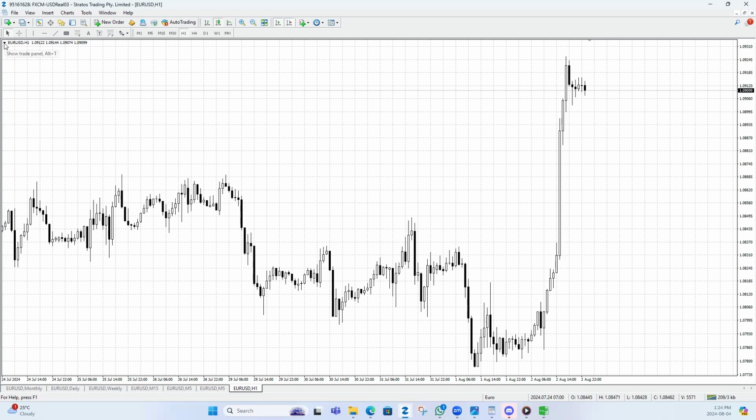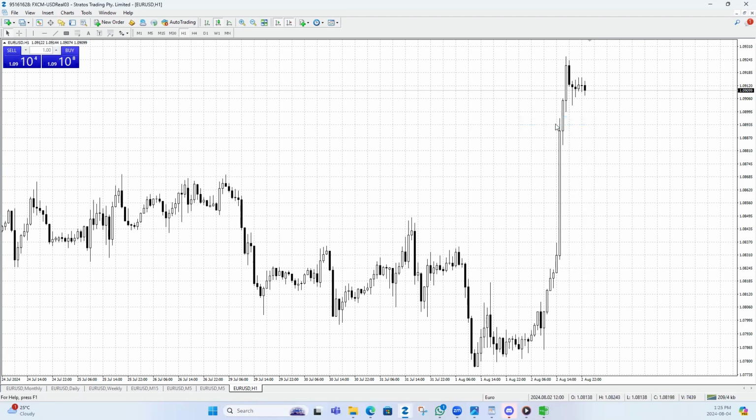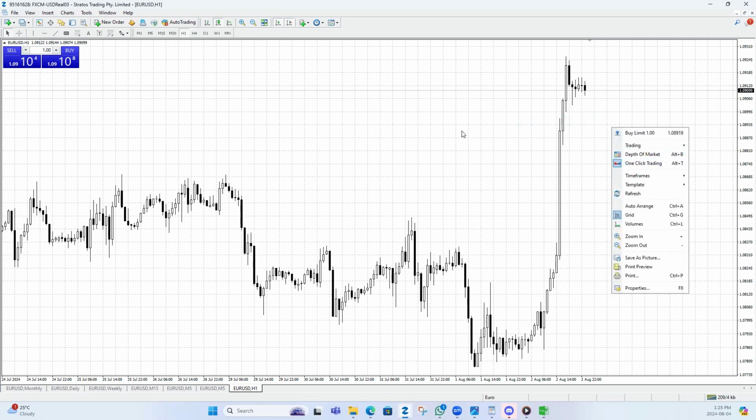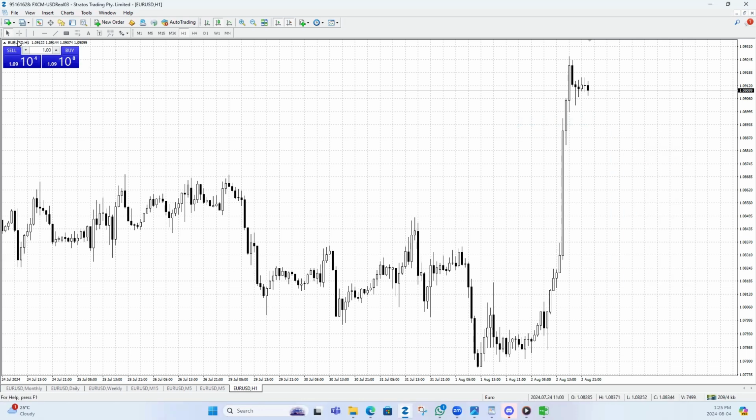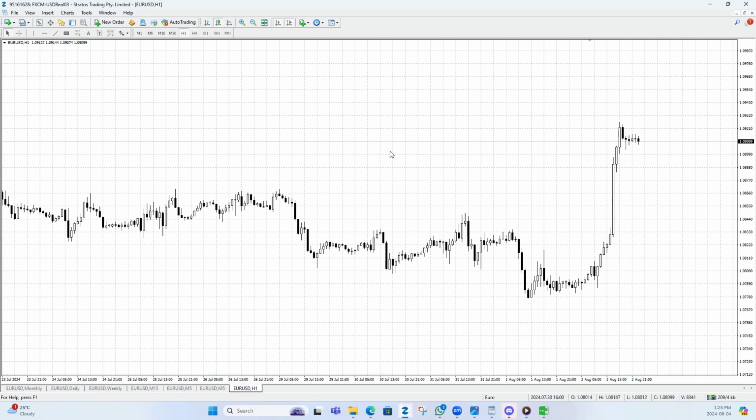This is the window that you use in order to sell. So if you're selling, you click on this button like this. At this time, market is closed. I can't do it. You buy from here, or you can also right click, buy limit if you want to buy. And you can sell as well. So this is how you execute your trade. There are plenty of materials available on how to do that. So this is how basically you execute your trade.